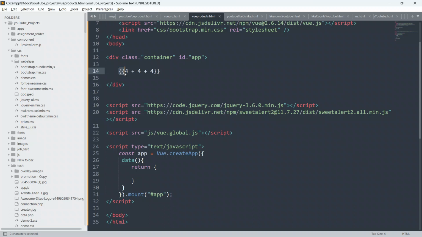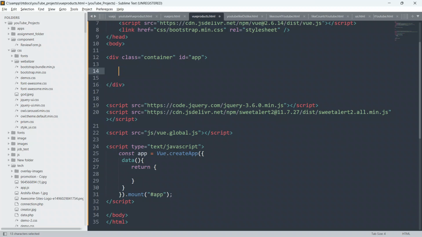Then only Vue is going to compile it and understand it, and based on your expression, your algorithm, or your function call, it will give you the output. Otherwise it will give you an error. So just remove this, we don't require this.